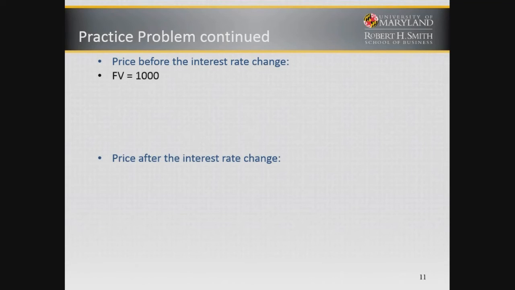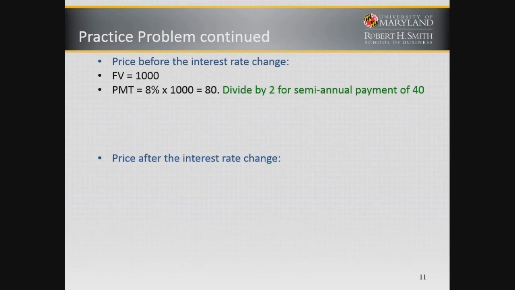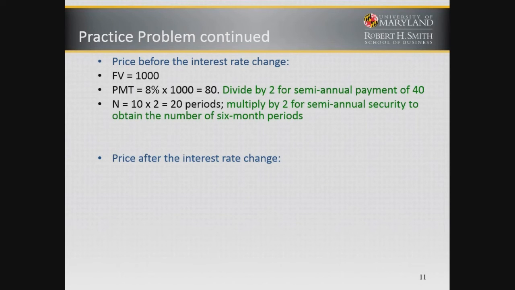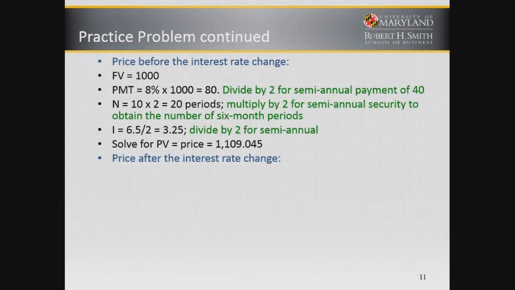So to price the bond, remember we put in future value, here it is 1,000, payment 8% coupon, 8% of 1,000 is 80, but we divide by 2 because it's semi-annual to get 40. Similarly, N is 10 years, we multiply by 2 to get the number of 6-month periods, and we divide the yield by 2 to get 3.25 for the semi-annual yield, and we solve for a price of